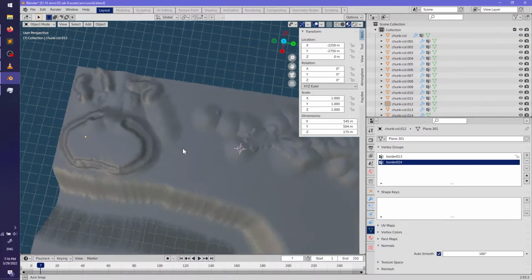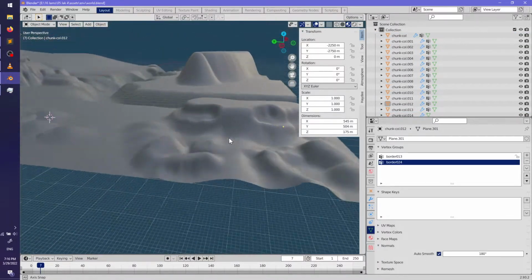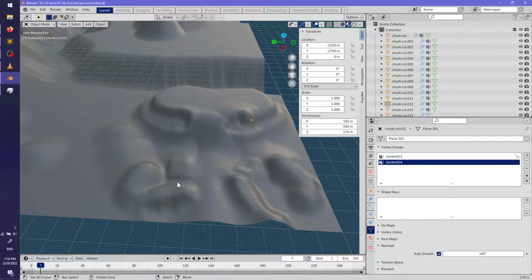So yeah, that's a crab. See, it's his little face and then his little claws.